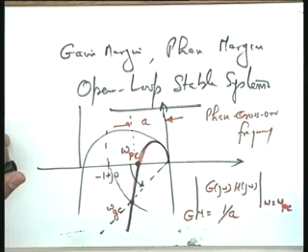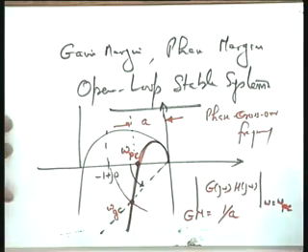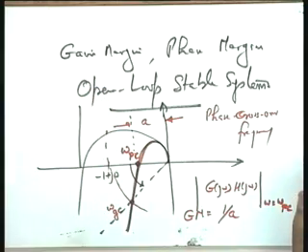This point may please be noted. Your system has already been driven to the instability region because of a higher value of gain. You reduce the value of gain so that the system comes back to the stability region. So, gain margin greater than 1 for stability, less than 1 for unstable systems.